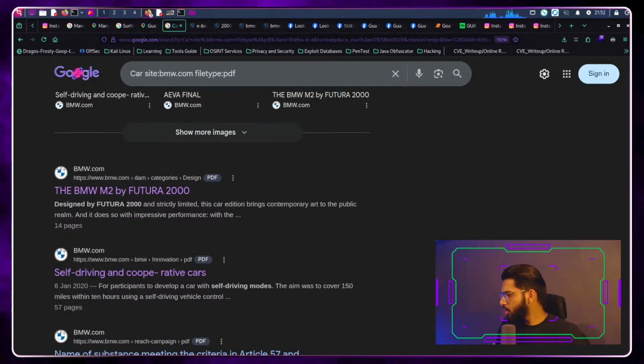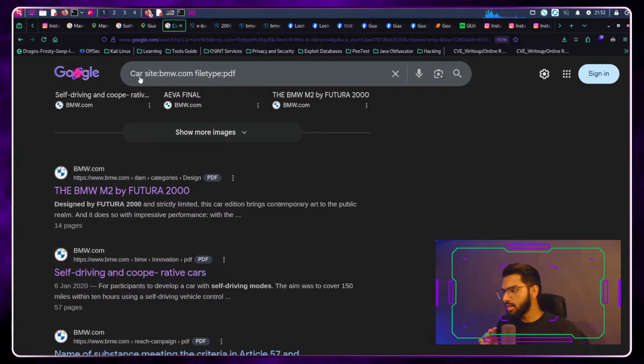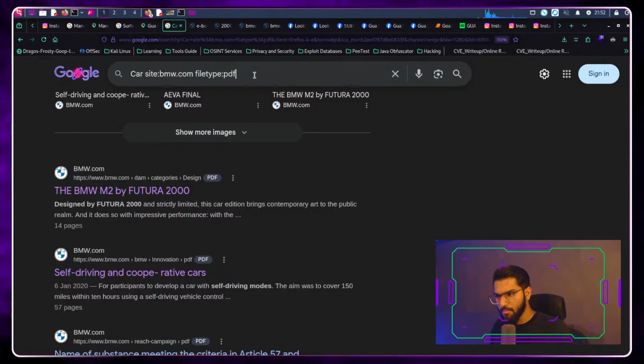Now, you might be wondering, okay, I get the point that you can do these search specifications, but how is this practical? It is practical because in this case we are randomly searching something. But let's say BMW is my client, and I want to see if BMW has leaked any of their sensitive PDFs on the internet.